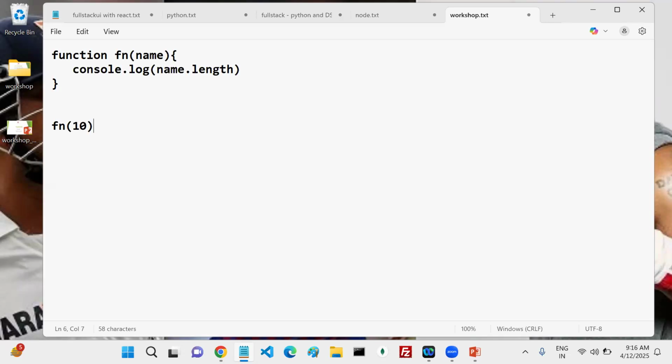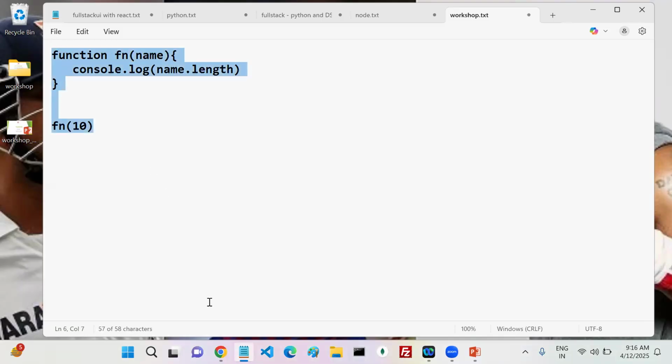If I do fn of 10, it is going to give an error, but who tells you, hey person, this is going to give an error, please change it now itself? No person is there to alert me, right?